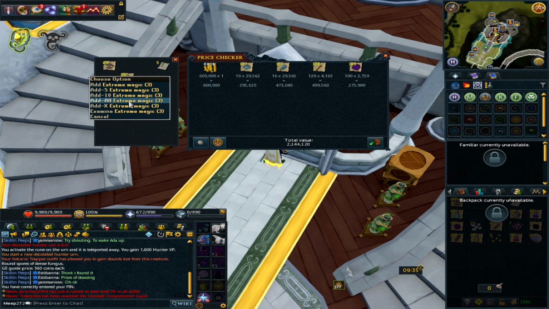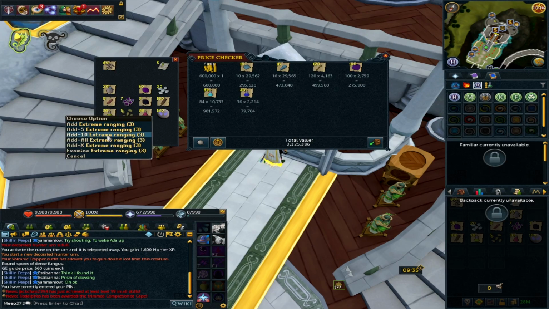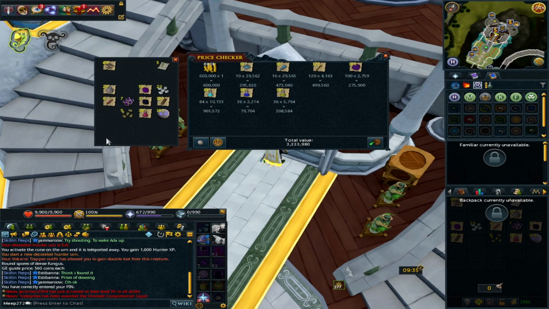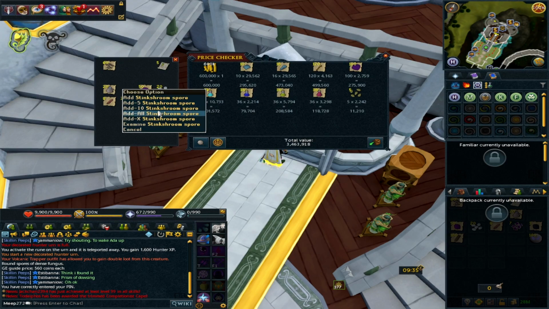Potions, again, this is a good way to get some extremes, especially if you're like Iron Man and stuff. If you want to get some big pages, you can pick up some decent extremes ready for your overloads. So we got 84 extreme magics, which was 900k, 36 super attacks, 80k there, 36 extreme ranges, which are stupidly cheap, and that was 200k, 36 super restores, and then we got some golden fruit trees, and then some stink